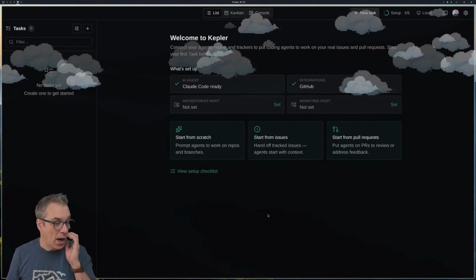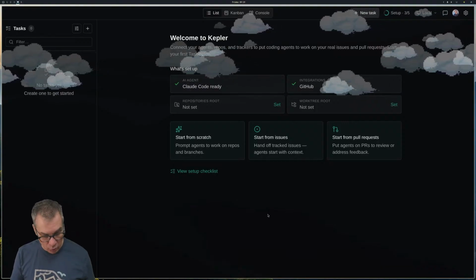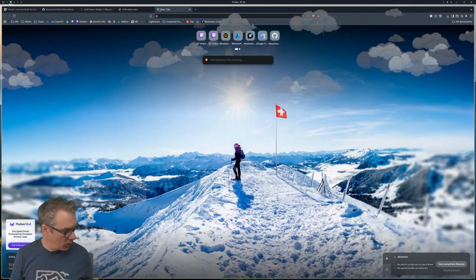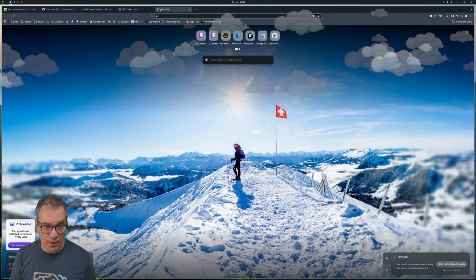Yes, Antigravity is Google. Initially, if you have an Android phone, you have Gemini,